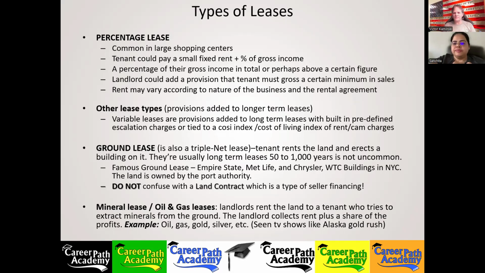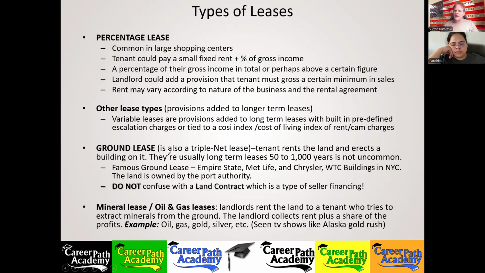So if the tenant keeps operating at a loss, or keeps operating at a profit but less than the amount that the landlord requires as a minimum, it could be a reason for them to terminate the lease. So they get another tenant in there that knows how to generate higher income levels. That's why you would see those stores that seem busy but they're not making a lot of money selling those little widgets, whatever their product is. Then the landlord will get someone that sells widgets that are more profitable, and that way they make more money on their space.